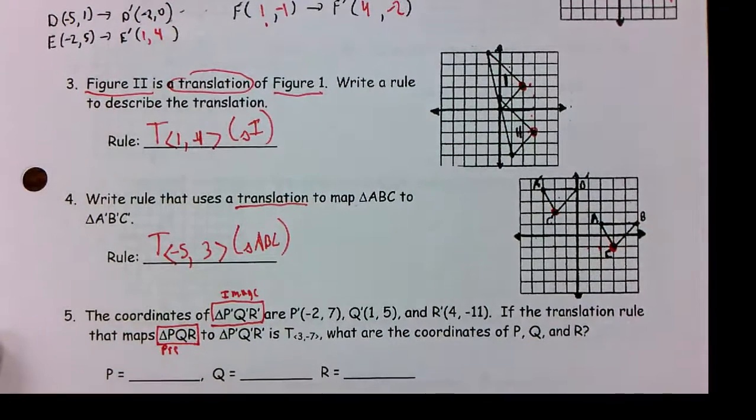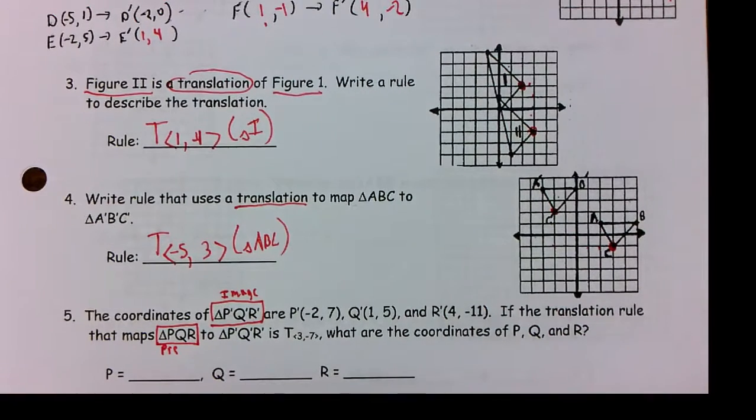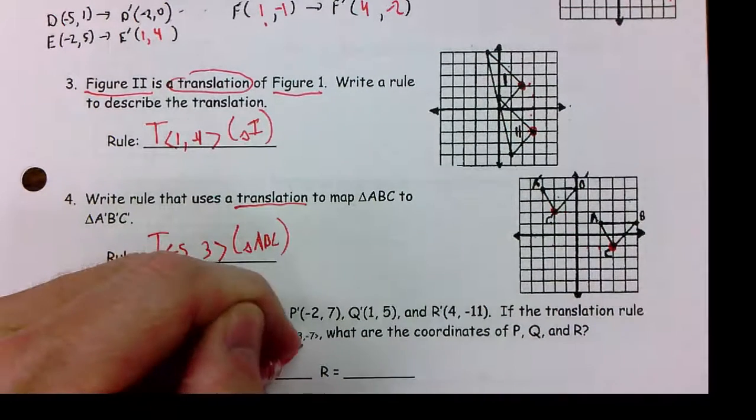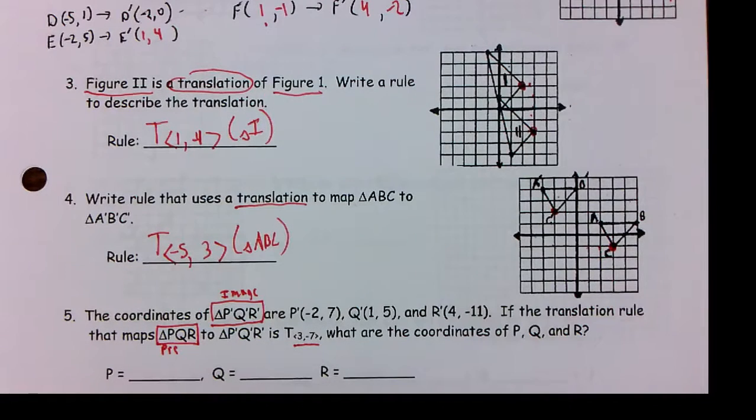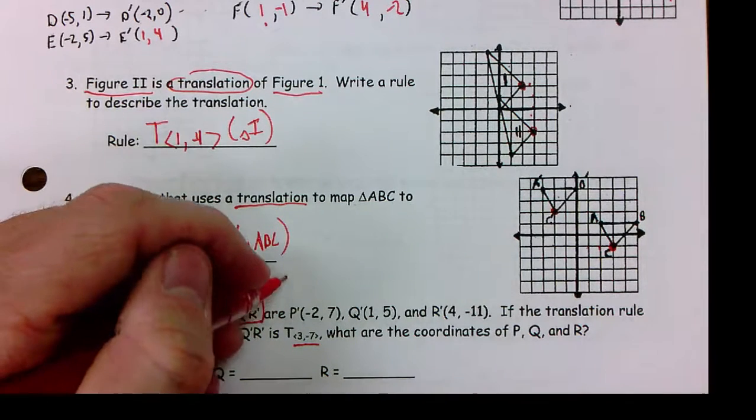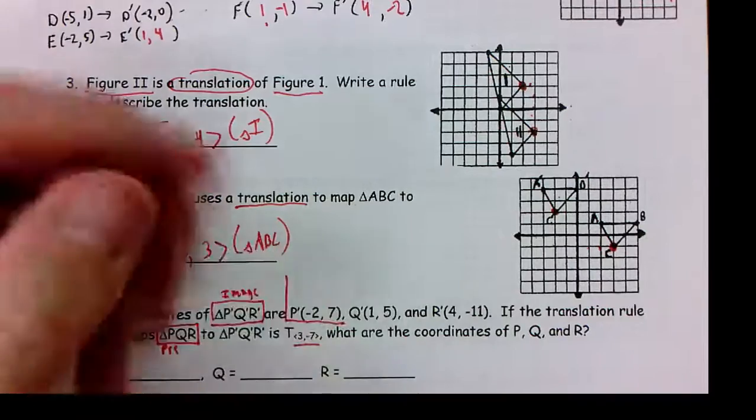So it's like I'm working backwards. Now, if you remember from number 1, the vector is what happens to the x-coordinate and the y-coordinate in a translation. If we just look at point P here,